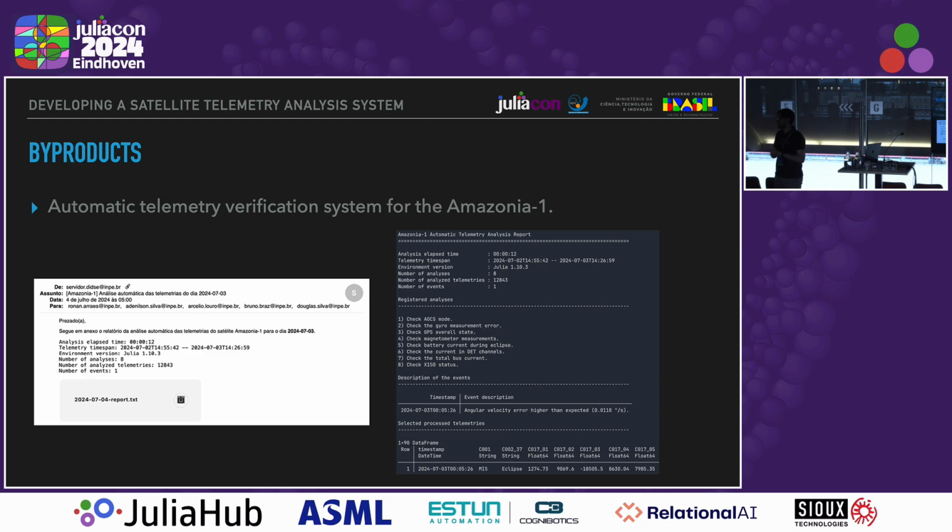Okay, thank you. I also have another question. Now you're talking a lot about housekeeping telemetry. But payload telemetry, can you also reuse some of the components for that? And have you considered using Julia to process the payload data? Yes, we can, because